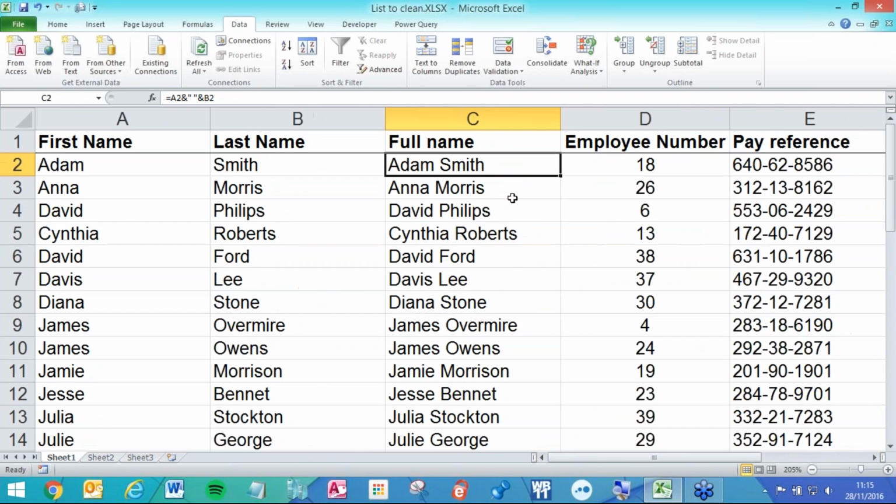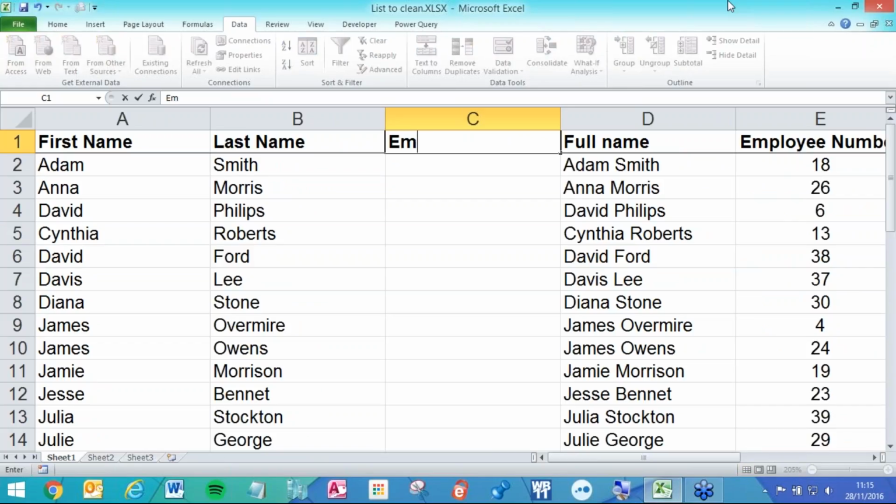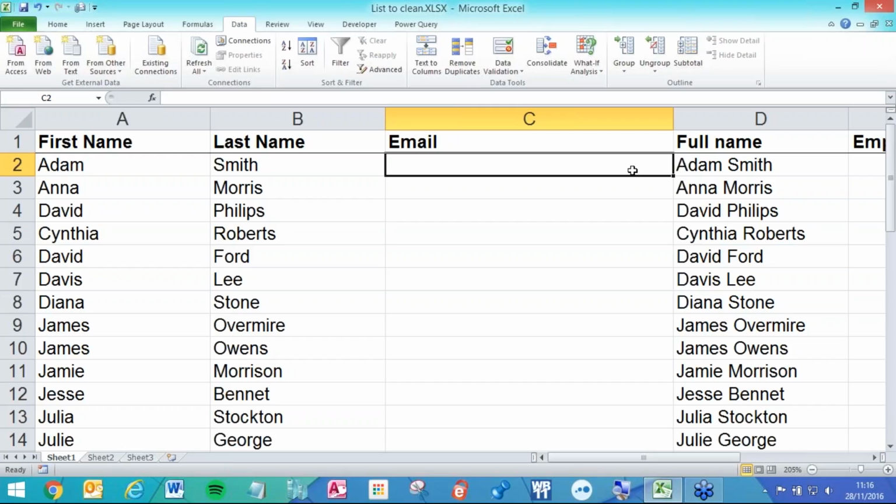Now, just to exaggerate this a little bit, and if you've been on courses with me in the past, you may have seen me do this particular example. I'm going to show you a very similar thing, but it looks a lot more complicated. It looks way more complicated than it actually is, but it's just the same idea that we've just done. So here, equals, I'm going to get the first name and speech mark dot speech mark and I'm going to click onto the last name. So that's going to give me, can you see, Adam.Smith. Then I'm going to go speech mark at